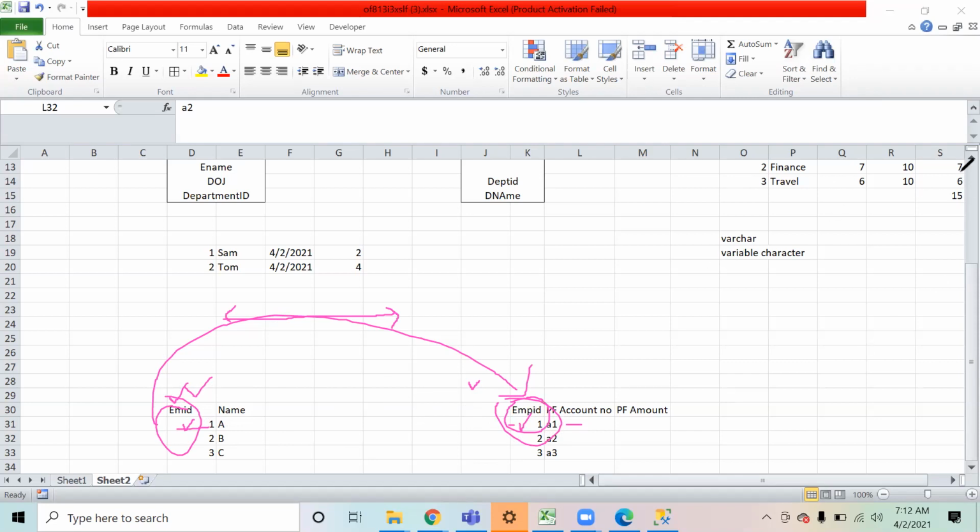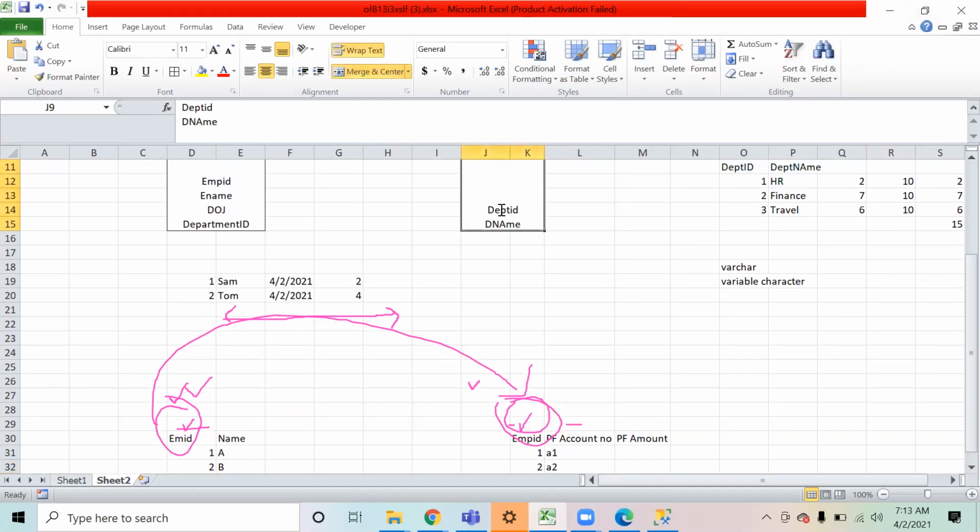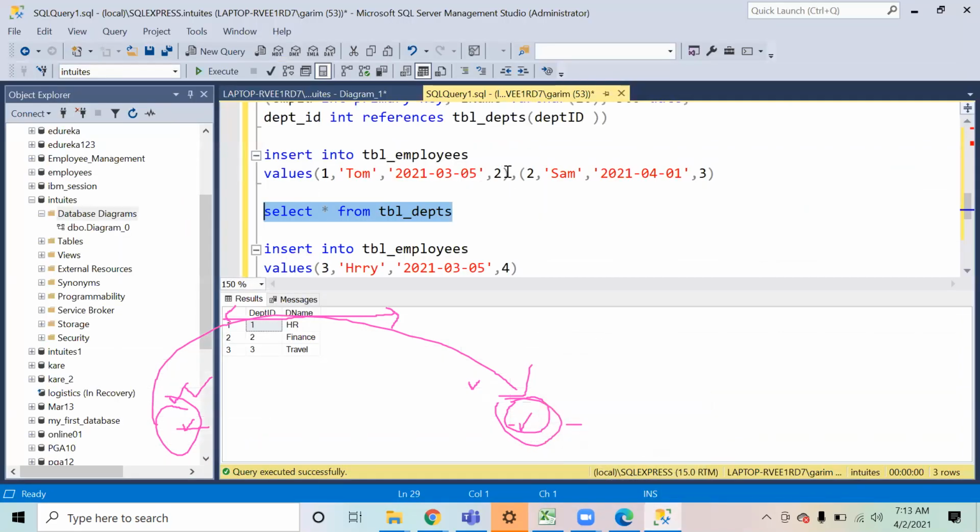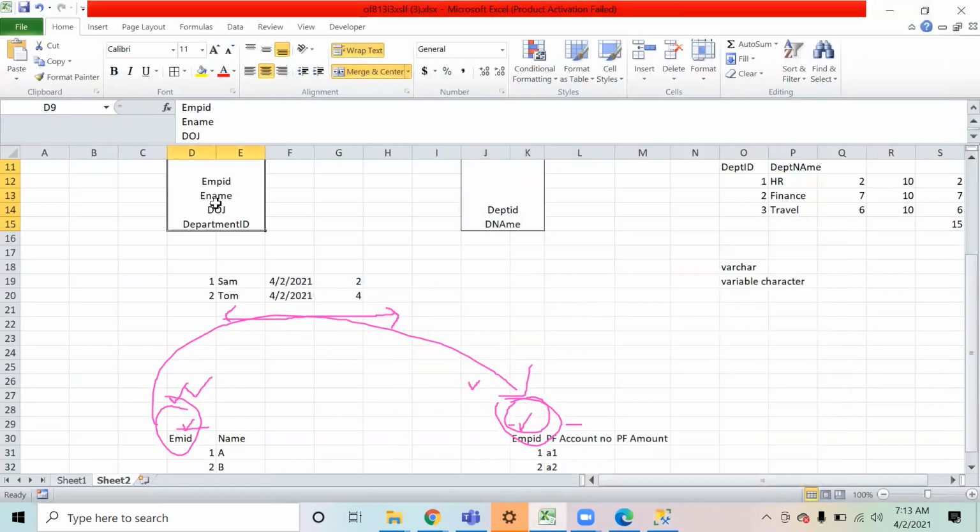Now, similarly, you have one-to-many. That was the case over here. In this case, department ID could be 1, but there could be multiple employees in the same department. It can happen that in department 2, Tom is working, Harry is also working in department 2, and Sam is also working in department 2. So in this table, you will have the department IDs coming multiple times, but in this table, department ID will be only 1. So that will make it one-to-many. The same department ID can be present multiple times in this table, so that makes it one-to-many.